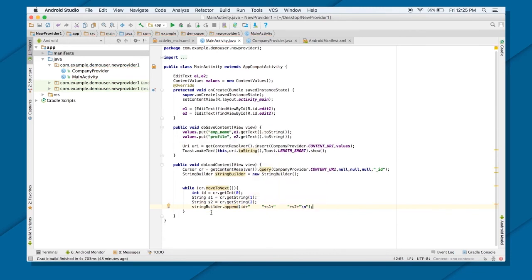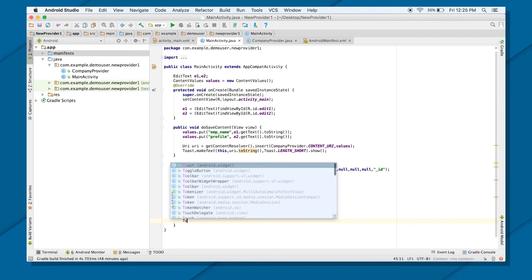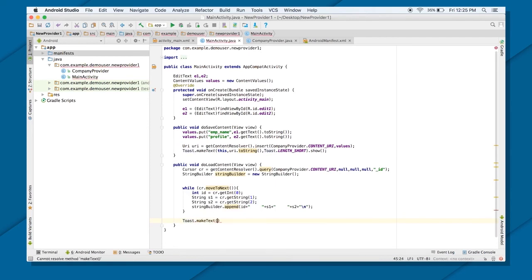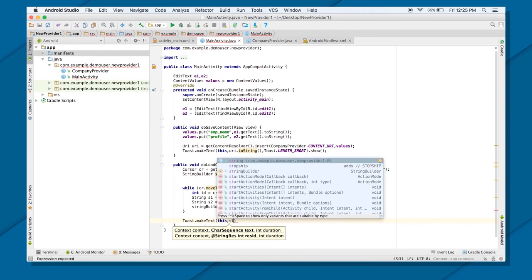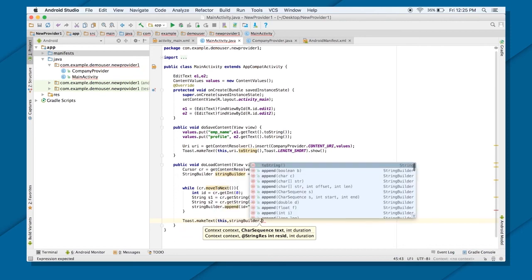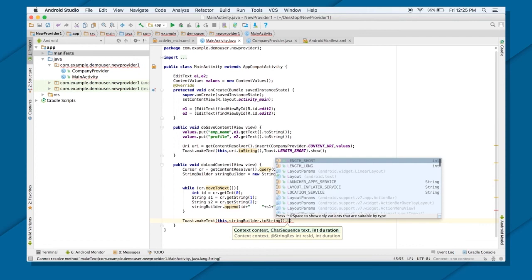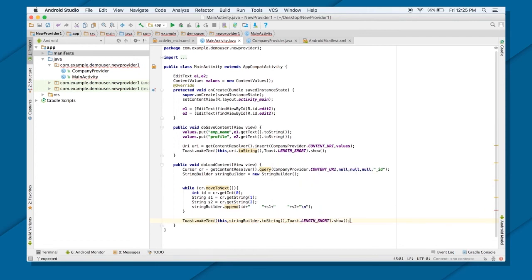Great. And at the end you can show, context is this, and string builder dot toString and short dot show.